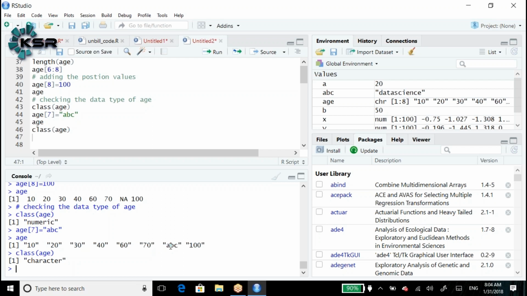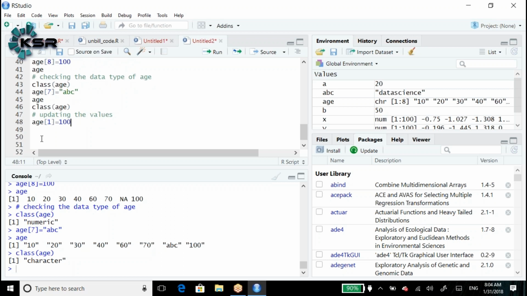Let's say in the first position the value we have is 10. I want to replace the 10 value with 100. I want to update the values. How do I update? For example, age of 1 is equal to 100.